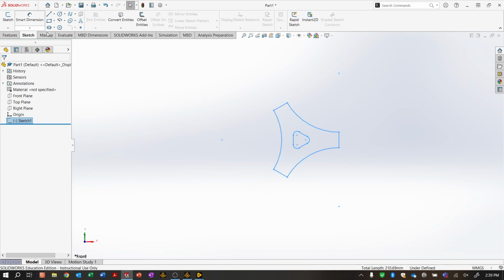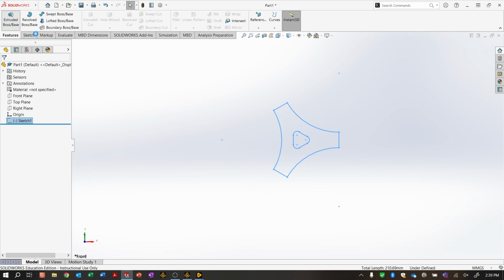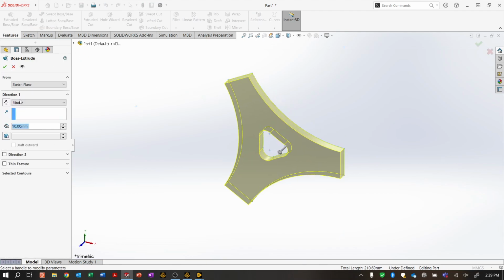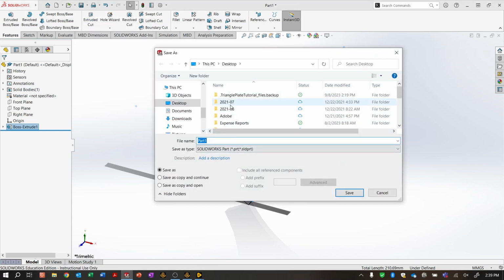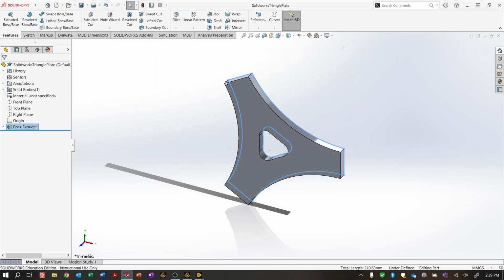And now I'm going to do an extrusion. Back to my features, extrude. And I want that contour 10 millimeters. There we go. And so there's our model. So I'm going to save that as SolidWorks triangle plate. Nope. Triangle plate. I can just save that as a SolidWorks part file, and I'm going to go back to my ANSYS